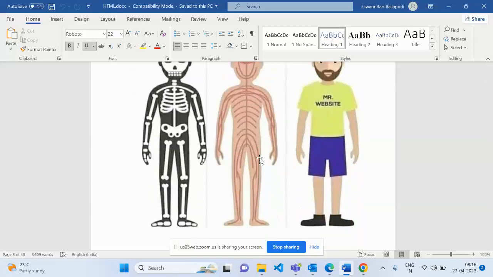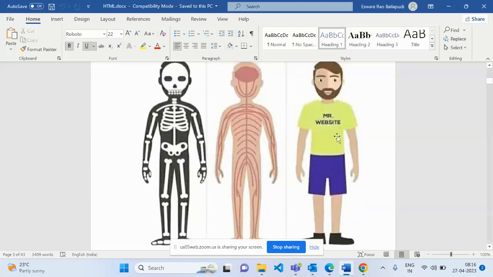How beautiful I want my human body to look, that is called CSS. By using CSS, I can make the human body very beautiful. That is design. So a website requires HTML for structuring, JavaScript for functionality, and CSS for the coloring.